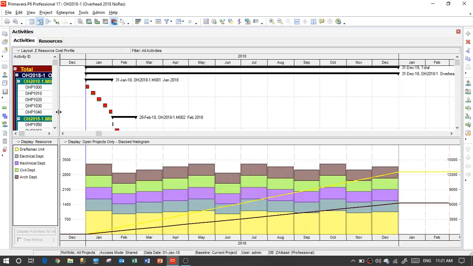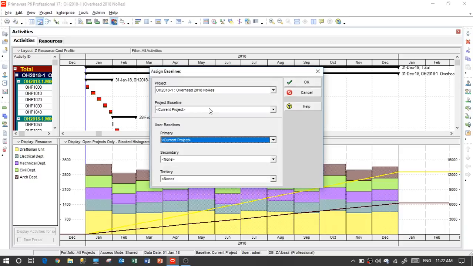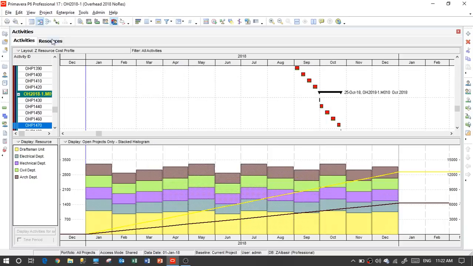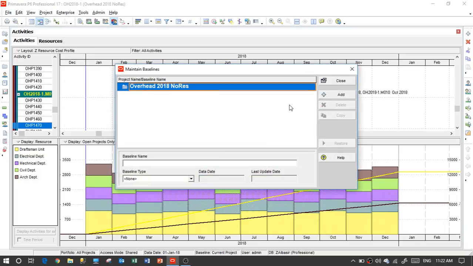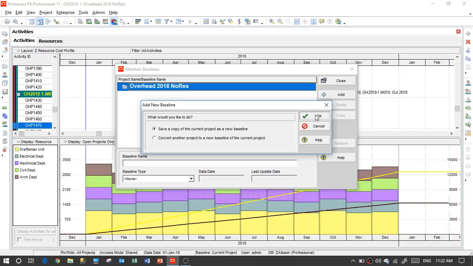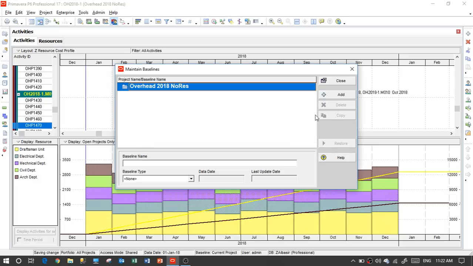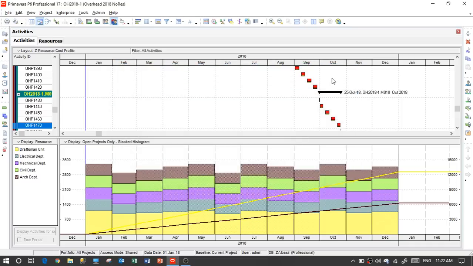The next video will show you what the look of this histogram will be compared to the actuals, which is very important for all of us, okay? So we put the resources here. We have the schedule here as a baseline. We go to projects, assign baseline, and go for this, assign, and then maintain a baseline, and we assign this one as a baseline. And from now on, we can monitor the permanent staff as a full-time cost and according to the overhead cost.